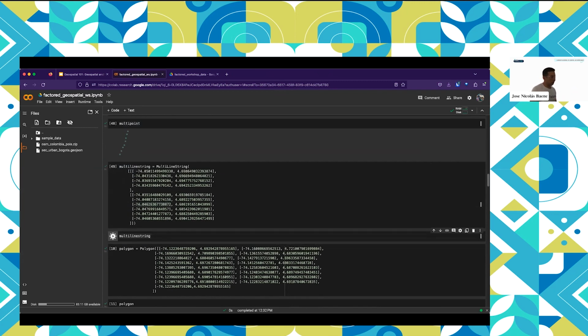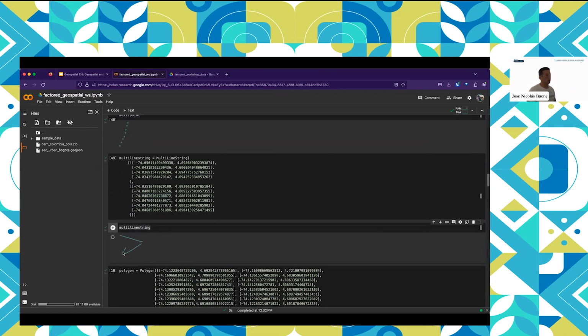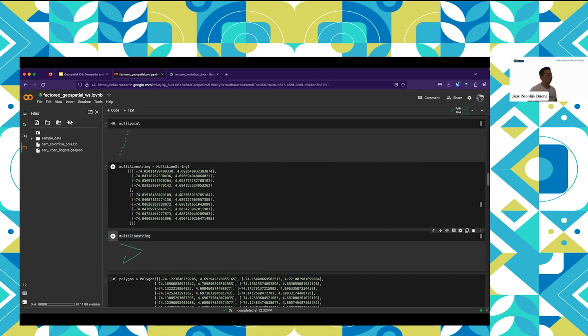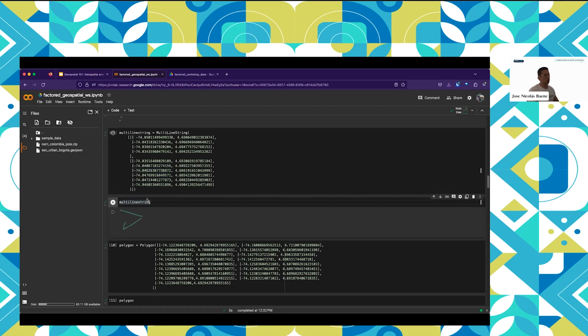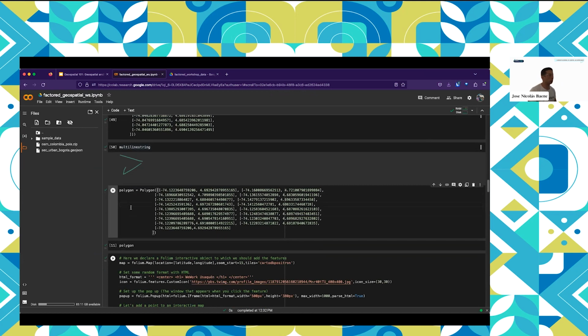And when I print it, we have this line. You're free to edit this and play around with latitudes and longitudes. You can go to Google Maps and poke around, get those latitudes and longitudes, and input them here and try to play around if you want to modify it.